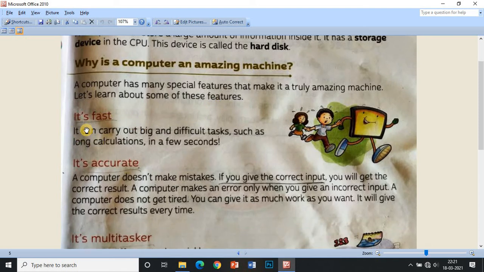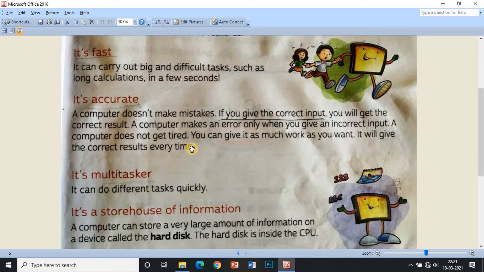It is fast. It can carry out big and difficult tasks such as long calculations in a few seconds. It's accurate. A computer doesn't make mistakes. A computer will never make a mistake, but you have to give the correct input.